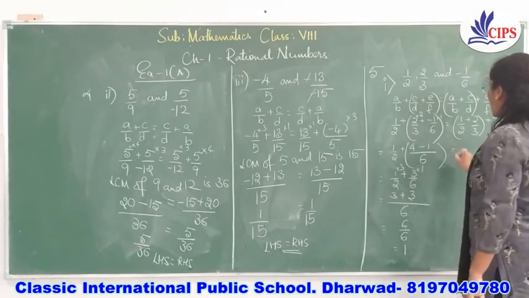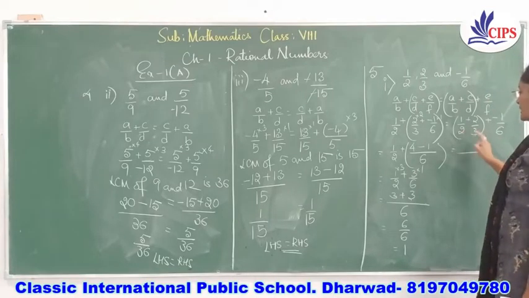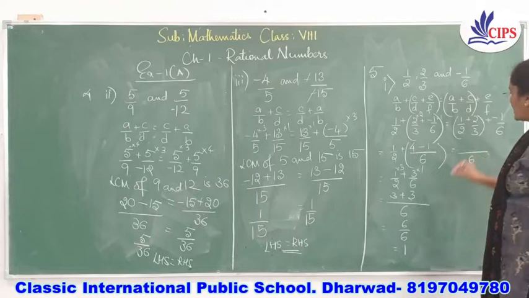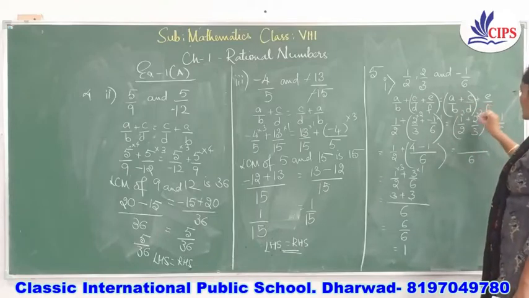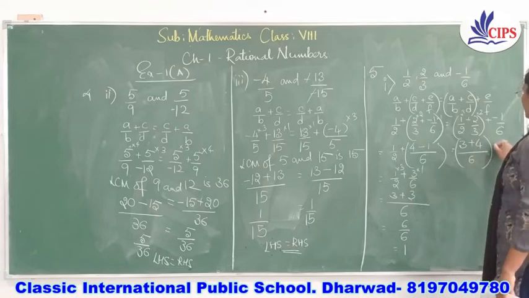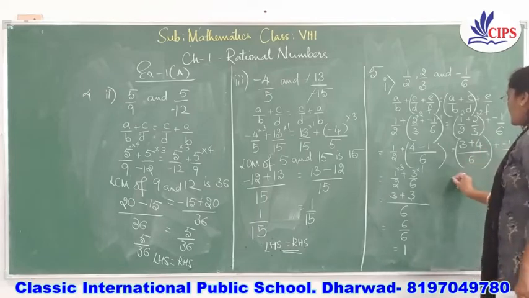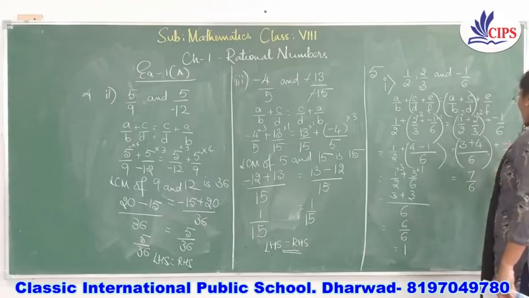We'll check whether we get the same here on RHS also. So first we'll solve this. LCM of 2 and 3 will be 6. So I'll write 6 here. 2 3s are, I'll multiply here, and 3 2s are, I'll multiply here. So 1 3s are 3, and 2 2s are, we get 4. I'll write minus 1/6 as it is and then we'll add this. What do we get? 3 + 4? 7. 7/6, and here we have plus into minus is minus 1/6.